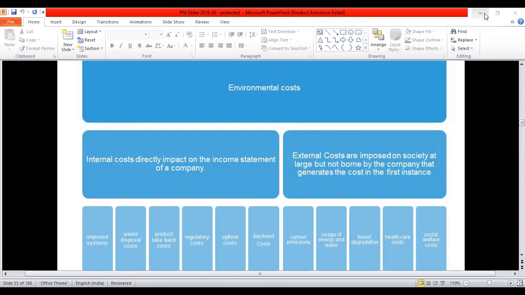There are certain things which they are supposed to follow. They are supposed to comply with the rules and regulations in such situations. So environmental management accounting accounts for the environmental costs. These environmental costs can be categorized as internal costs and external costs. So there are two different sets of costs which they would be accounting for. Internal costs, like since there is an impact on the environment,